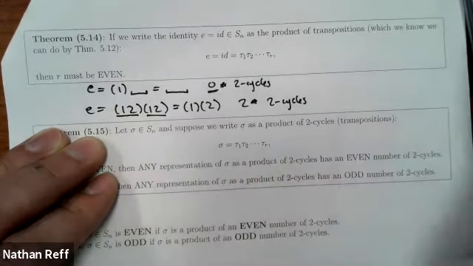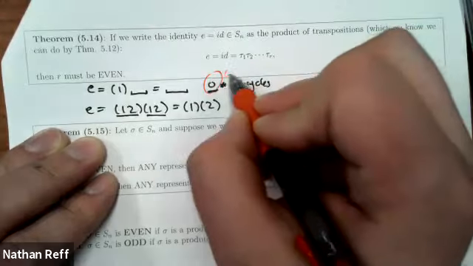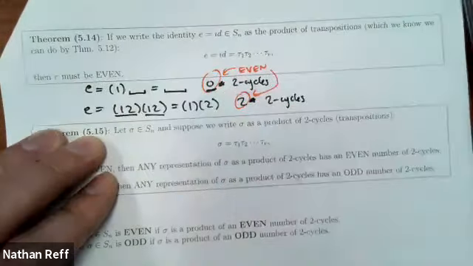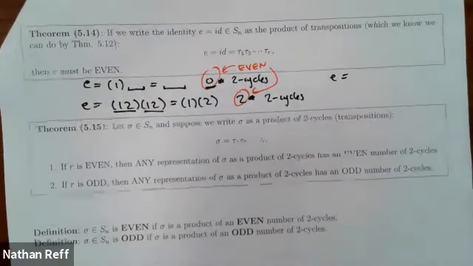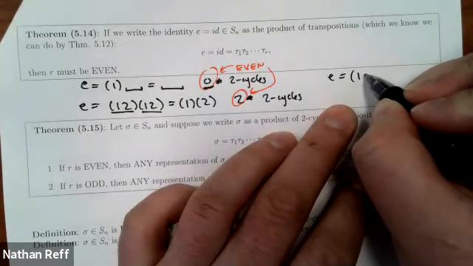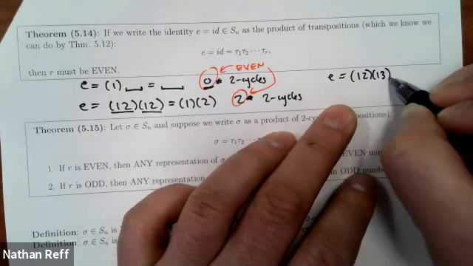So this number, do you see that is even? And this is even. Right? I could also write the identity as (1 2)(1 3)